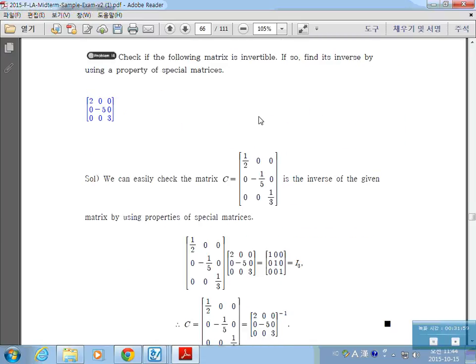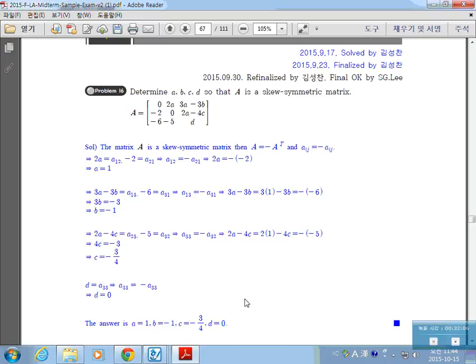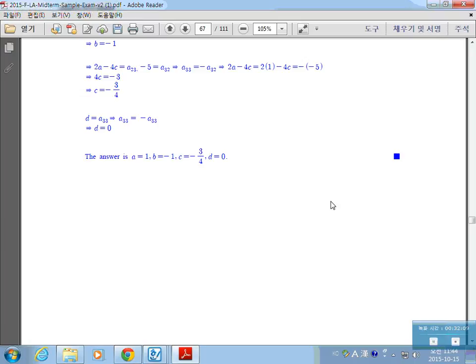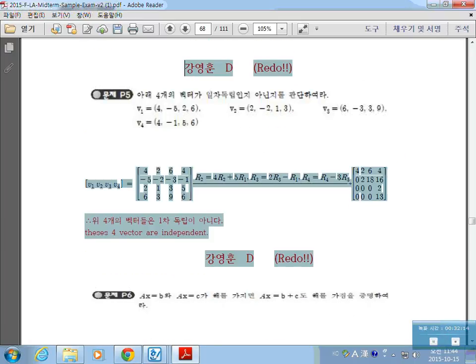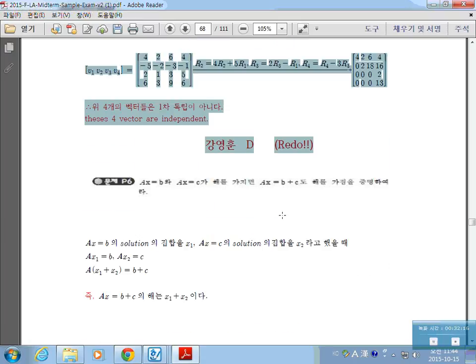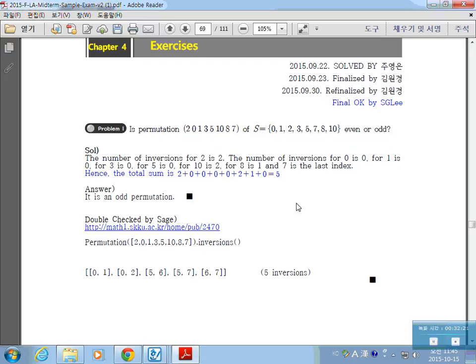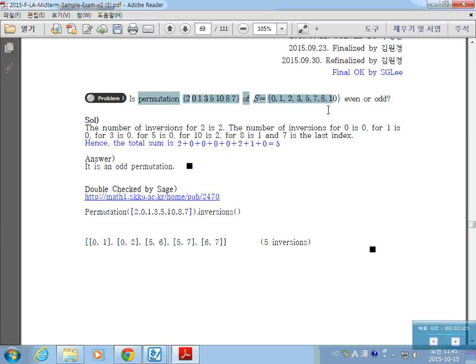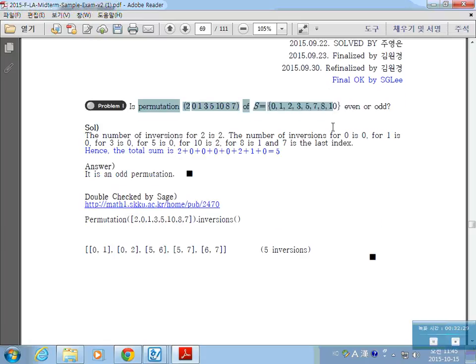And you should have understanding of the properties of special matrices, the definition of skew symmetric matrices. Mr. Kang Young-hoon must do these problems once again, and Mr. Kim Won-kyung. And now we start chapter 4, which is the determinant, and you should